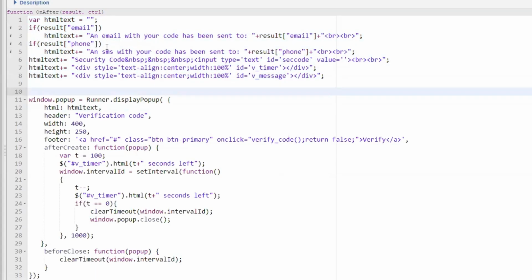The formatting is probably poor, but we're saying that we sent a verification message to this email address, and an SMS was sent to this phone number. And then we have the security code, a few spaces, and then we want you to input